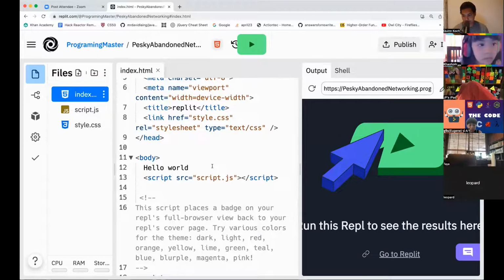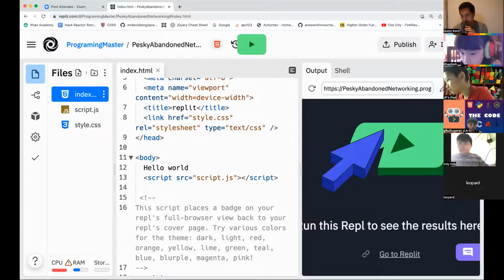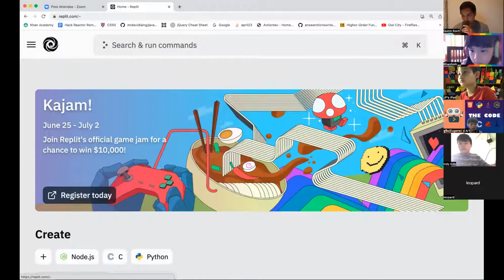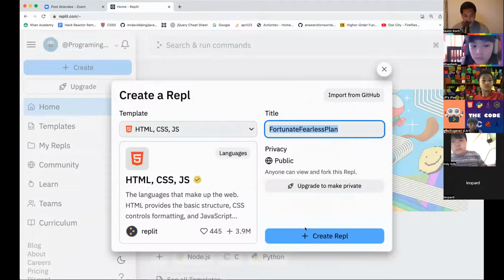Wait, what is the first course list? Could you say it one more time? What is the first course before this? Because I didn't get it. You're saying how to open REPL? No, I know how to open REPL. I just want to know what you do before, because I'm a little bit late. Oh, okay. We haven't really done much yet. I just